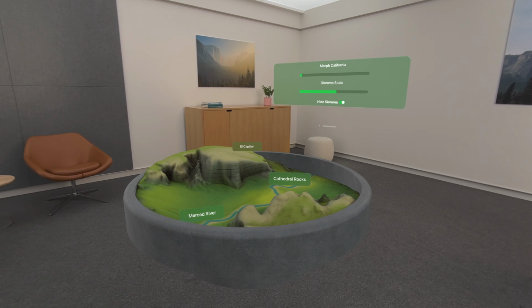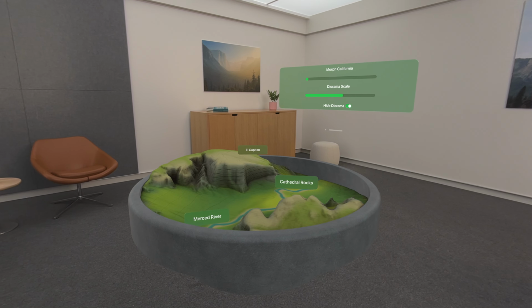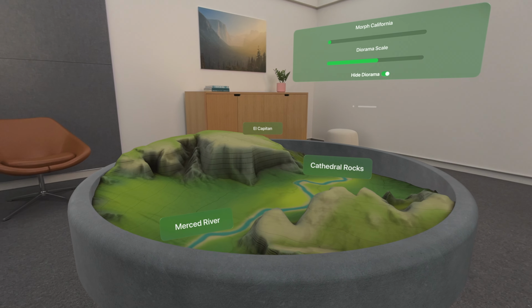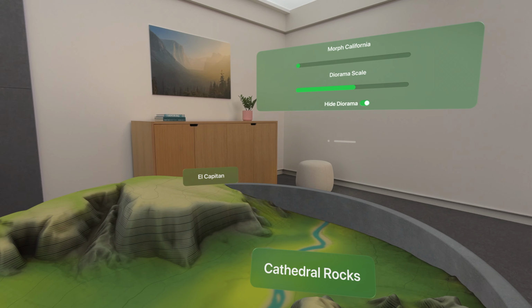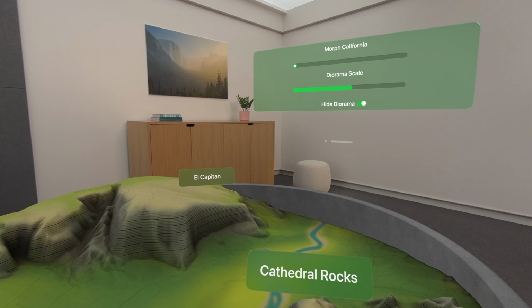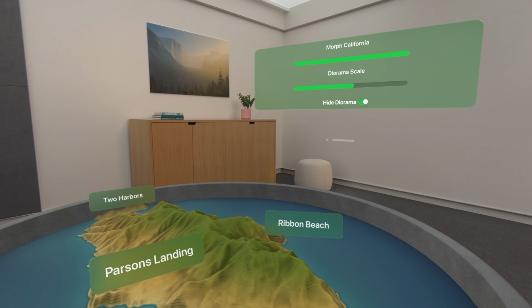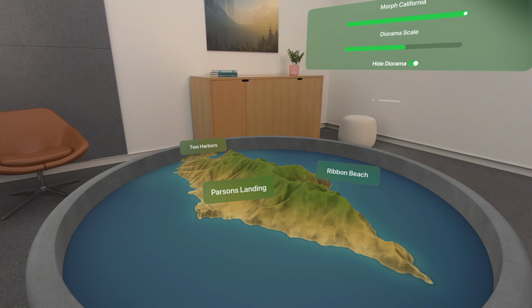We're looking at a topographical map of Yosemite National Park. Seeing it in headset really gives you a sense of vastness that wasn't possible before without going there in person. In the previous Reality Composer Pro sessions, Eric assembled this scene, and Niels created the materials we're using on the topography. Here we've added a slider to morph between two different California landmarks. Now we're looking at Catalina Island off the coast of Los Angeles.